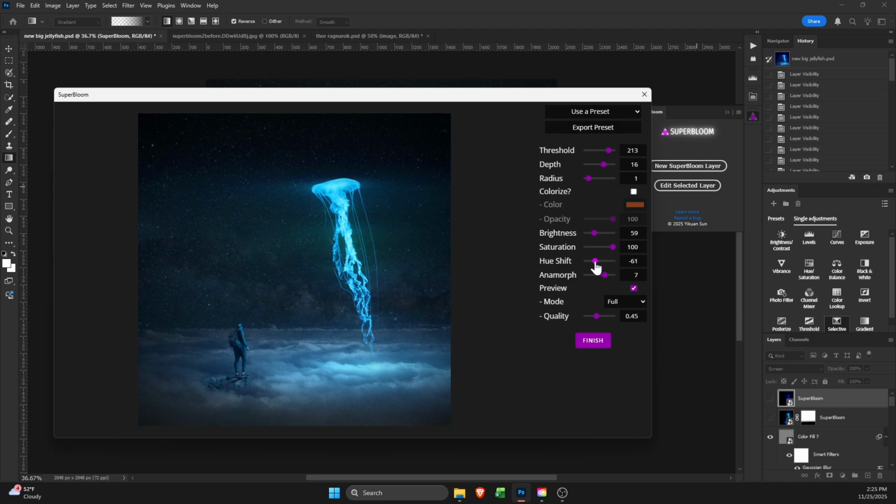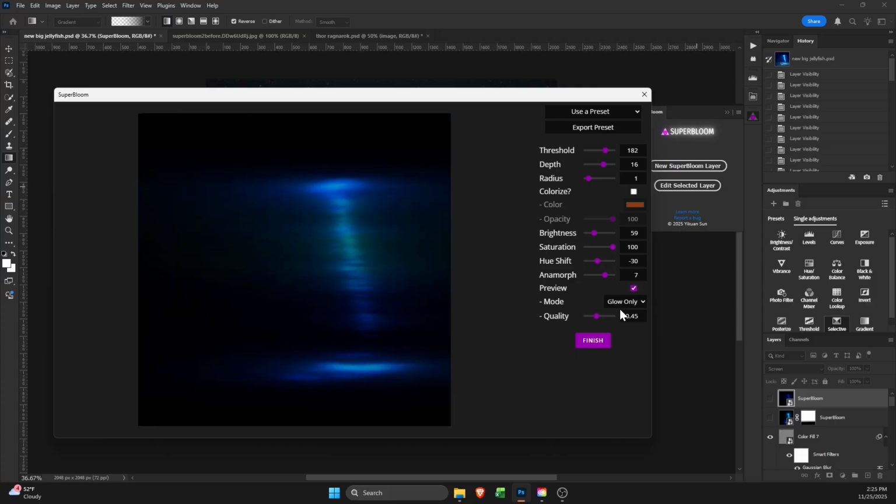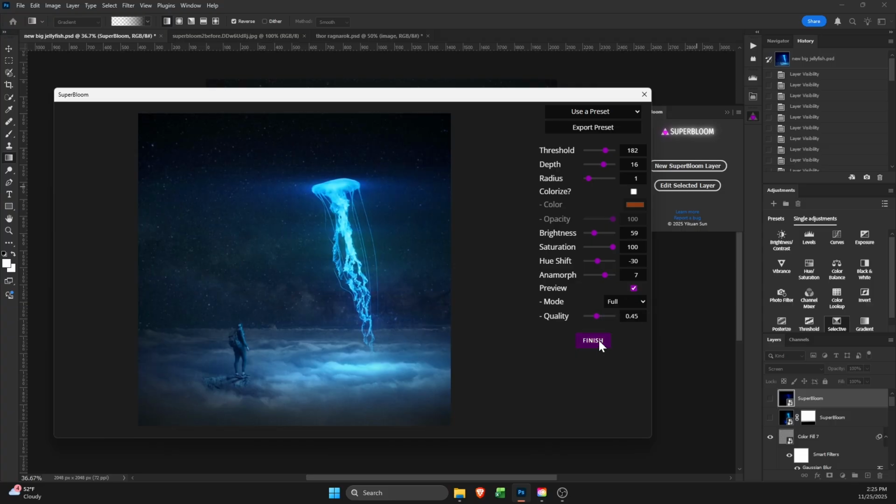Well, now maybe I'll slide the hue shift over a little more. Maybe lower the threshold, sorry. Or you can either use the sliders or edit the numbers themselves. Just do -30 degrees for now. Yeah, that looks pretty good. So I'll hit finish,